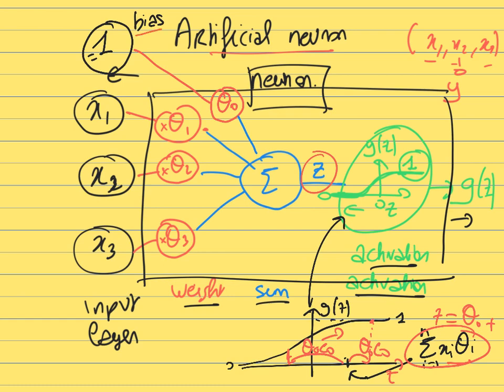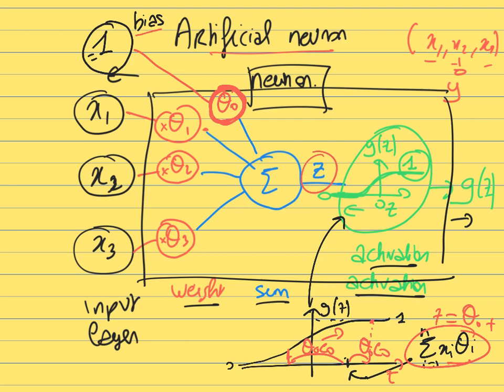So this bias here, depending on the value of the weight theta naught that you are using, a large theta naught will make it very easy to activate the neuron. It's going to be a very sensitive neuron. Every time it receives a small signal, it's going to transmit a given output. And if theta naught is very negative, then it's going to be a neuron that is very hard to activate. It will take a very large value for the initial input and for the initial weight to be able to overcome the bias and eventually to have an output signal to activate these neurons.